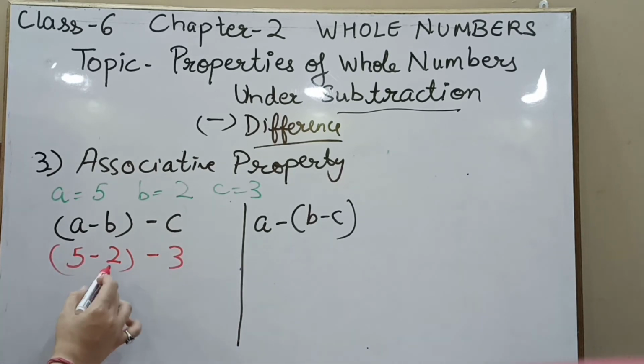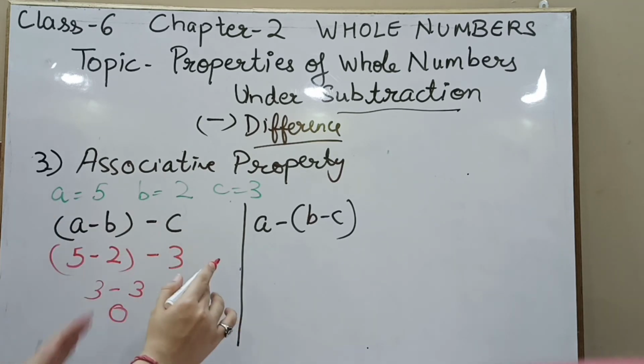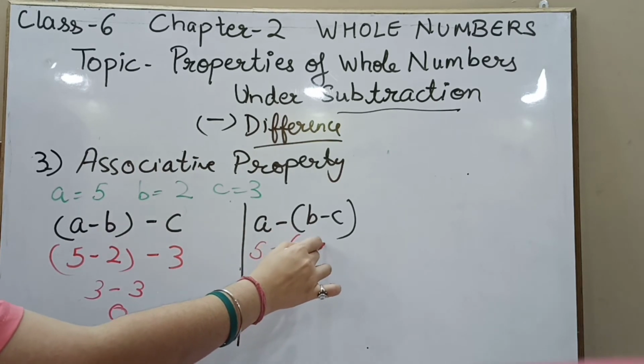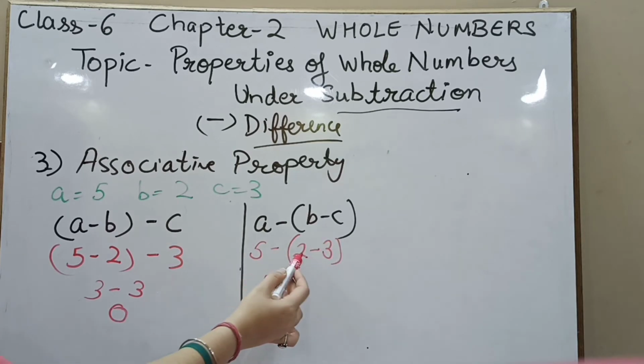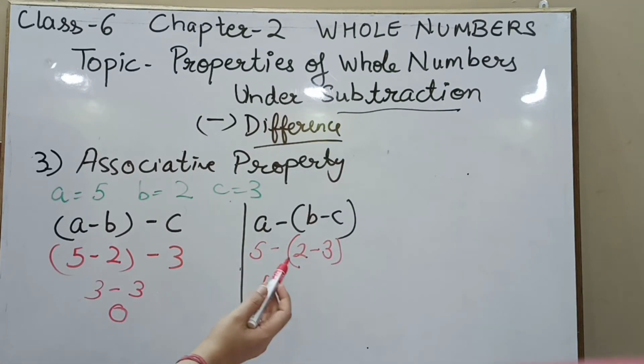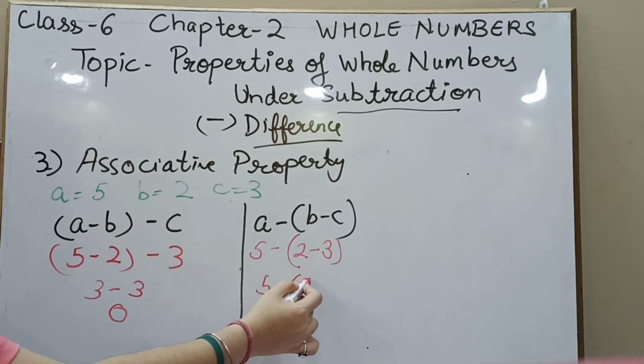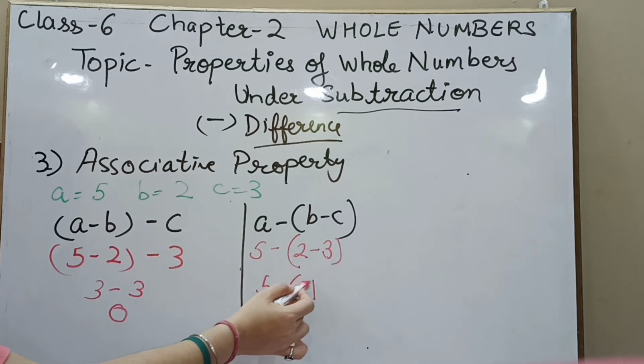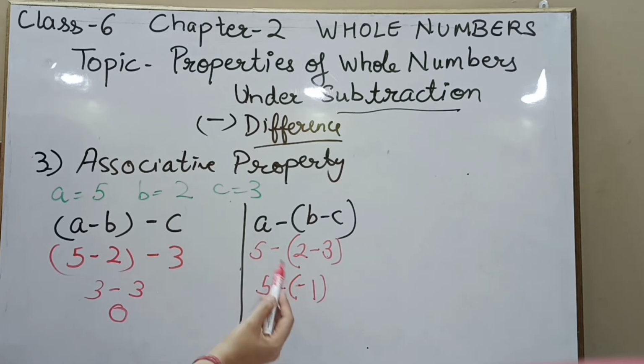5 minus 2 is 3. 3 minus 3 is 0. अब यहाँ पे हम चेंज करते हैं. A की जगह पे 5 माइनस, B कितना है 2 माइनस 3. सो 5. अब आपको पता है 2 और 3 है. ऑब्वियसली 3 इज बिगर. सो 3 में से 2 माइनस करो तो क्या आएगा आपका 1. और साइन किसका आ जाएगा? जो बड़ा नंबर होगा, यानी कि बड़े नंबर के आगे कौन सा साइन है? माइनस. अब देखो ब्रैकेट के बाहर भी माइनस है, अंदर भी माइनस है. सो दिस इज ऑल इंटीजर्स रूल. सो माइनस माइनस विल बिकम प्लस.